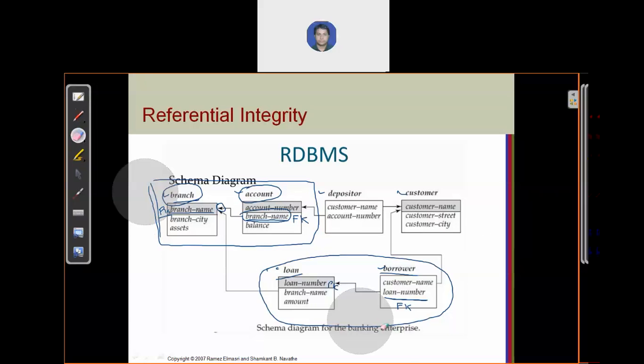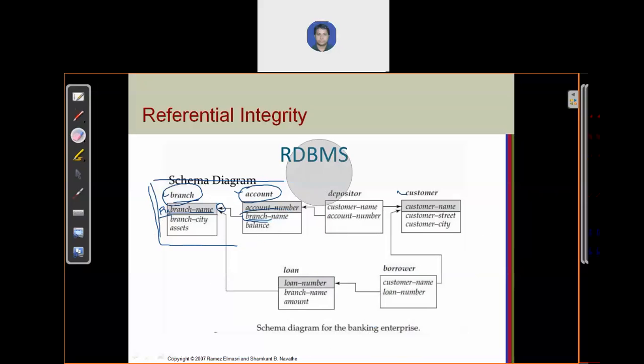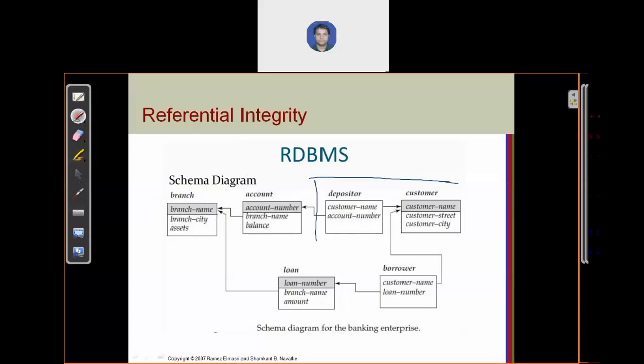Okay. So now let me ask you from your side. Now you will give the answer for these two relations. Let me write these two relations. Depositor and customer. Which relation is a referencing and which relation is a referenced relation?